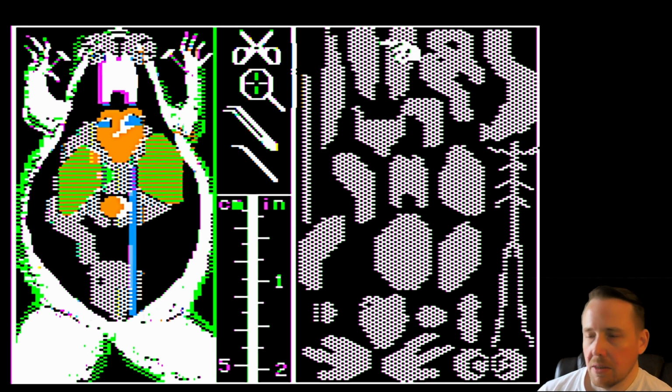Here we are at our frog dissection. Got an intact frog. We're going to automatically open it up here for you. You don't have to do any of this yourself. This is kind of reminding me of a title I looked at a long time ago, actually, for Mufa Day, my series where I look at Macintosh disk images, called The Surgeon, where you're doing this on a human. But now we're doing it on a frog. This is kind of easy mode.